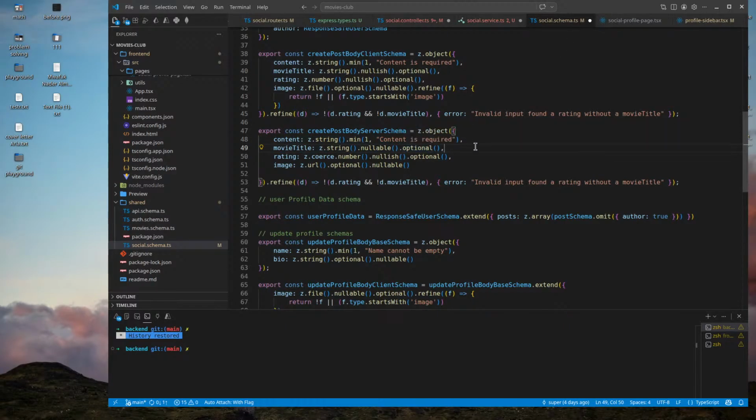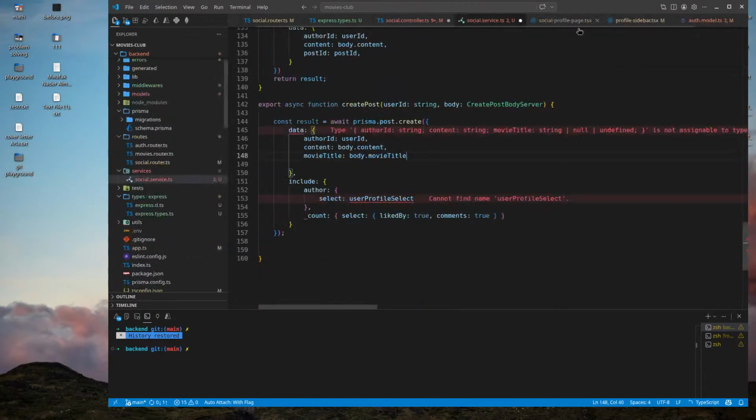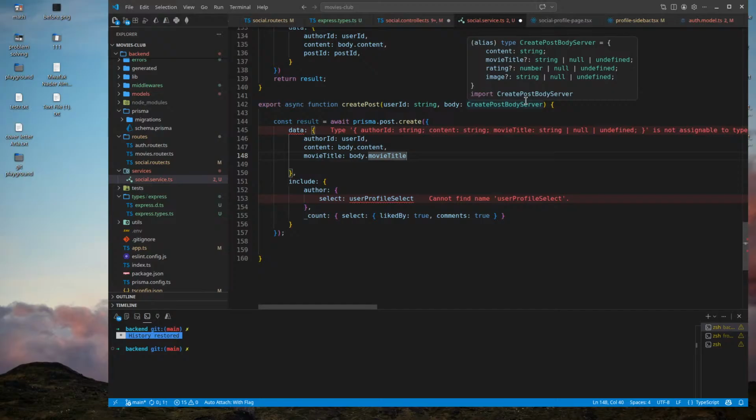Okay, this is normal to have this inconsistency. And here, okay, even though this guy, wait a second. I mean, yeah, it's because I defined it in.